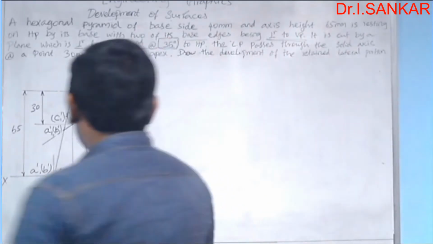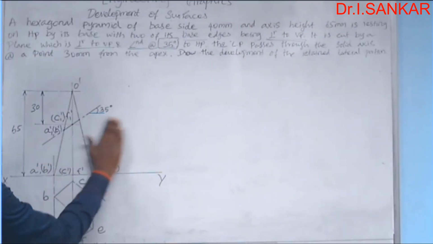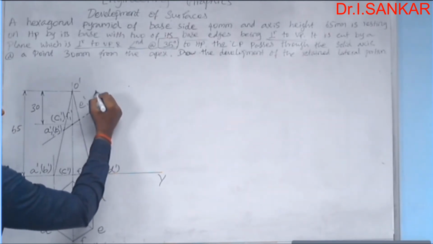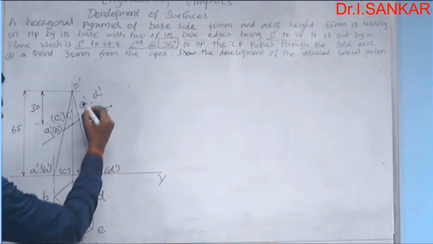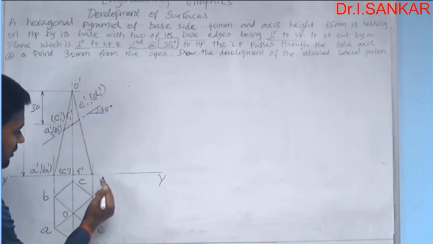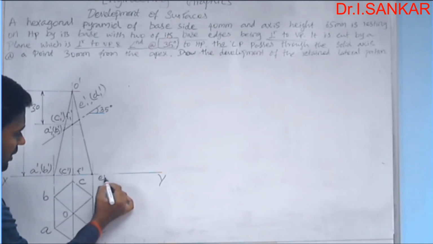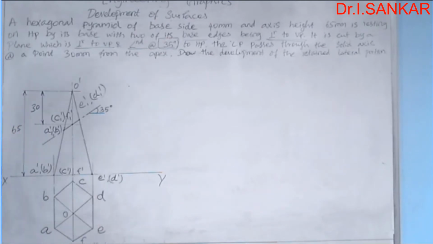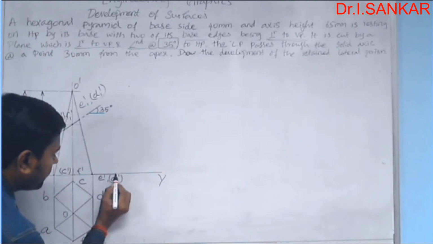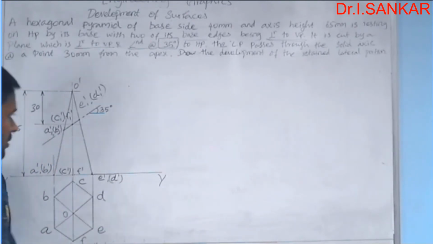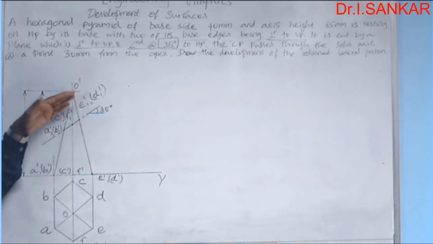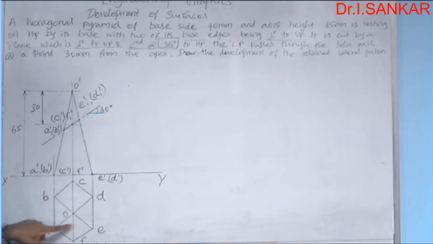Okay. In order to avoid some confusion, let me write this point here. E1 dash and D1 dash. Okay. The same way it can also be replaced here, points E dash and D dash. Right. Now you have to transfer all these cut points obtained in the front view towards the top view area and mark them in their respective places.